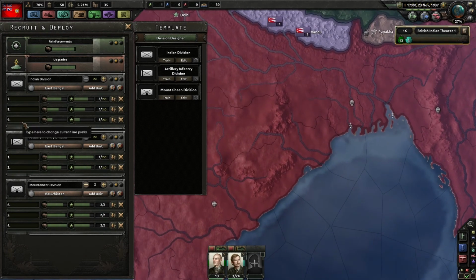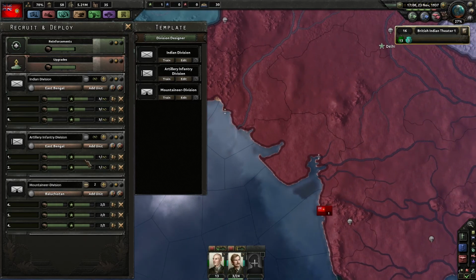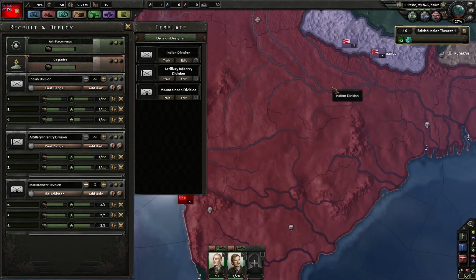These guys will deploy pretty soon. One of our artillery divisions will deploy. Do they have all the equipment they need? They need 8 more artillery. I don't know how they're going to get those, but...